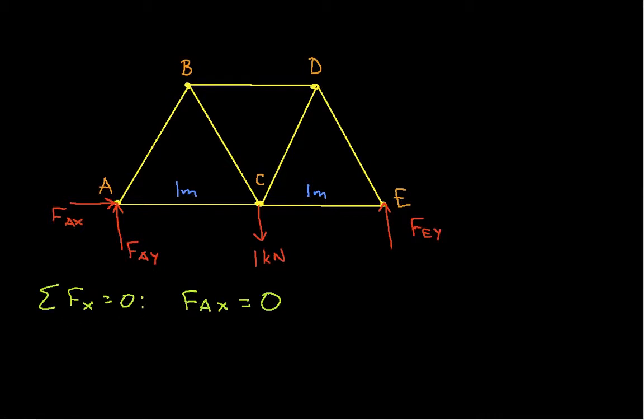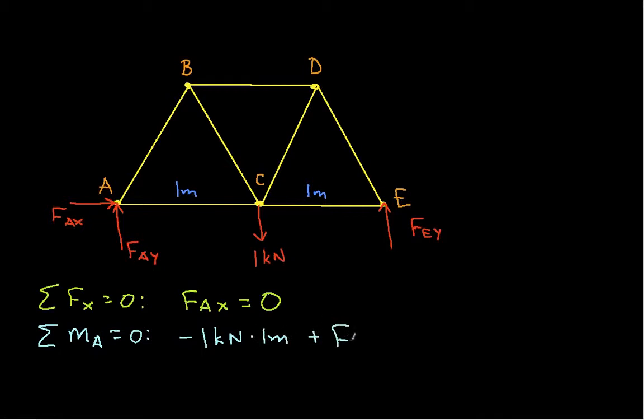And next, let's look at the moment about A. The summation of the moments about A is equal to 0. We'll choose A because we have 2 forces going through A, and so if we choose A about which to compute the moment, then it makes life a little easier. We have only 2 forces we need to look at. So we have 1 kilonewton going downwards with a moment arm of 1 meter. This is going clockwise, so we'll have minus 1 kilonewton times 1 meter